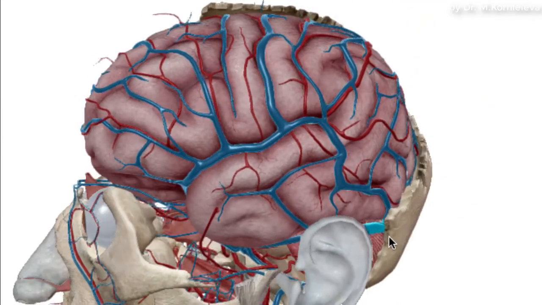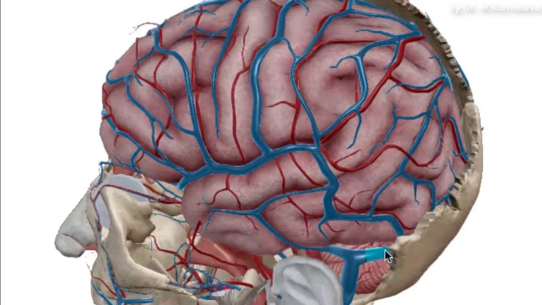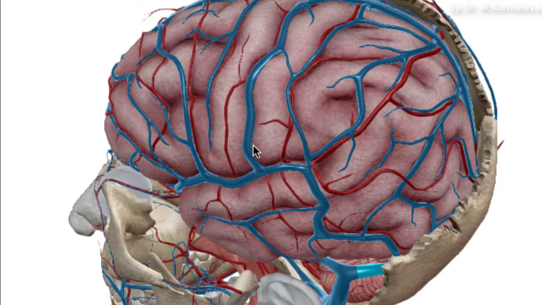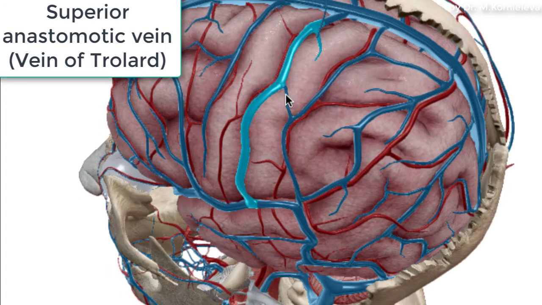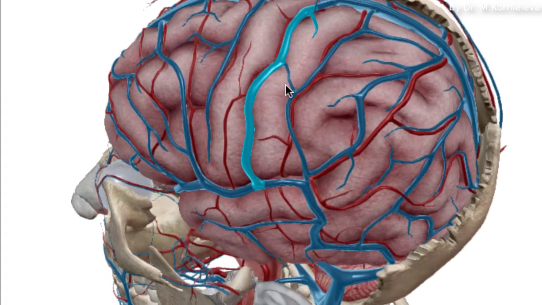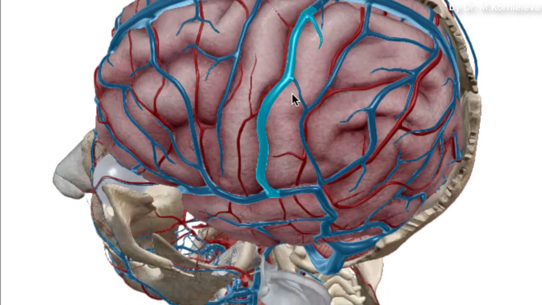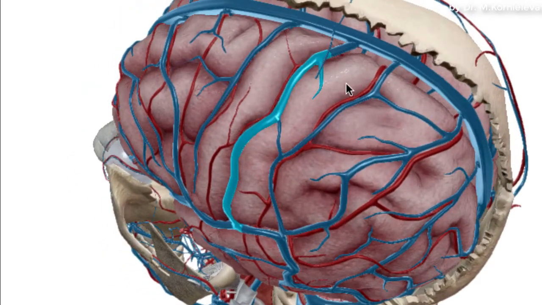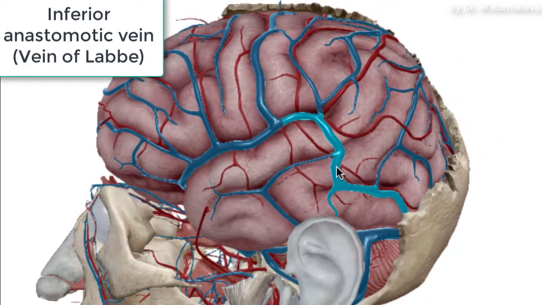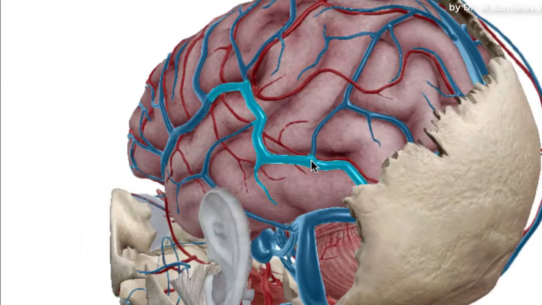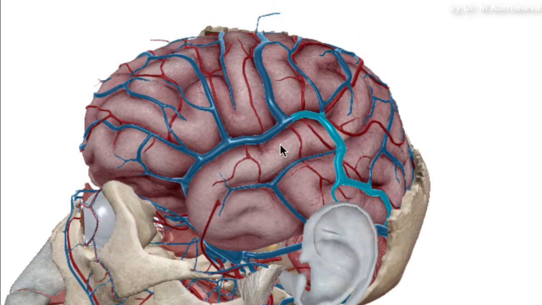Two large superficial anastomotic veins are included in the superficial venous system of the brain. They are the superior anastomotic vein, known as the vein of Trolard, the larger one. It crosses the cortical surface of the frontal and parietal lobes and connects the superficial middle cerebral vein with the superior sagittal sinus. And the second one is the inferior anastomotic vein, known also as the vein of Labbé. It crosses the temporal lobe between the sylvian fissure and the transverse sinus and connects the superficial middle cerebral vein